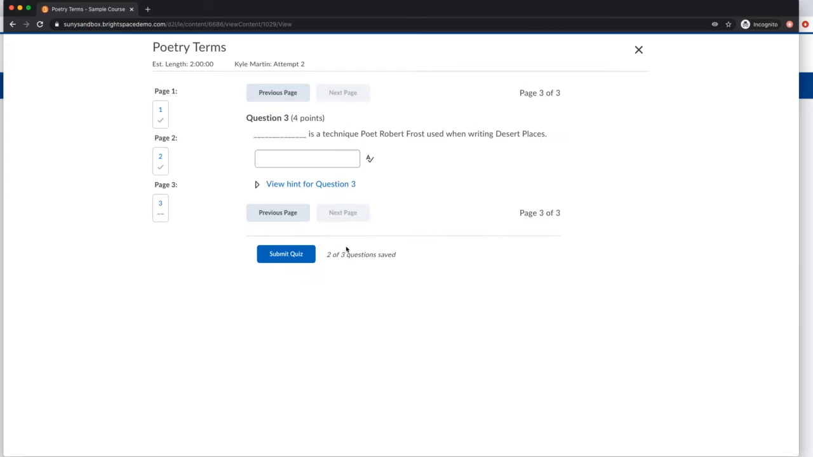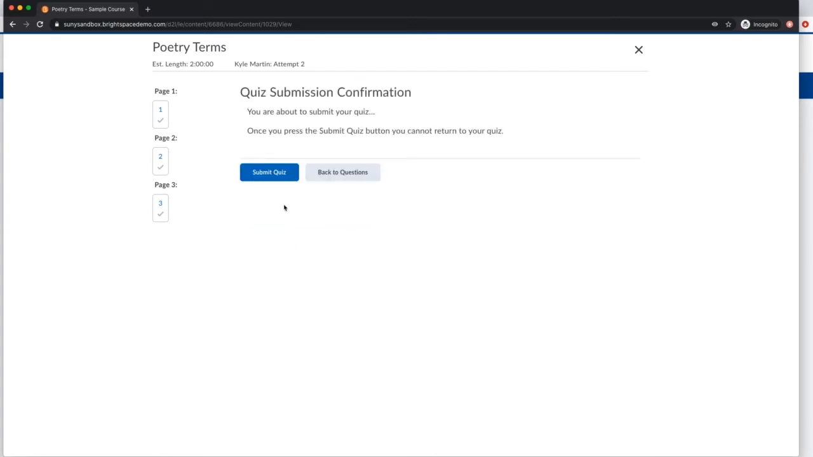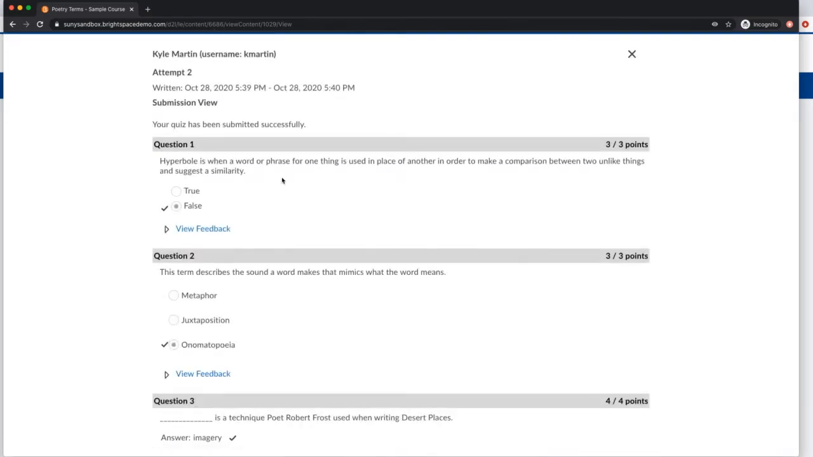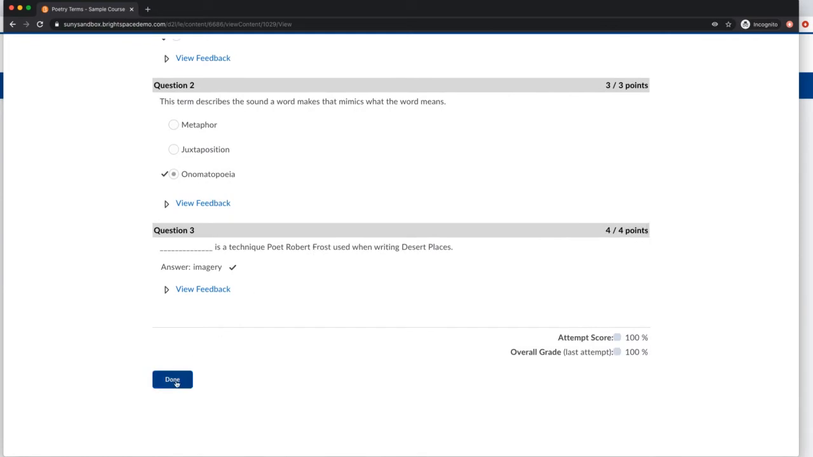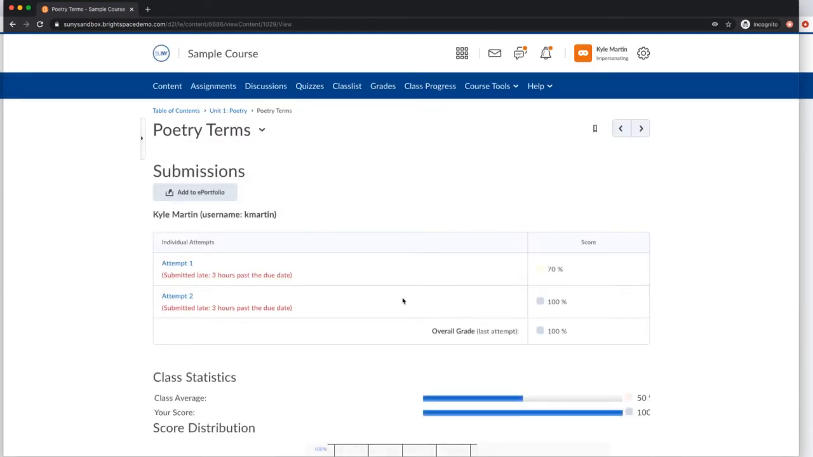from my limited knowledge. I believe this is imagery. Perfect. And I'm going to go ahead and submit my quiz, and I'm also able to see my results right away, right? So surprisingly did pretty good on my first try here. It's been submitted successfully, and I can go ahead and click done to get a little bit more information on